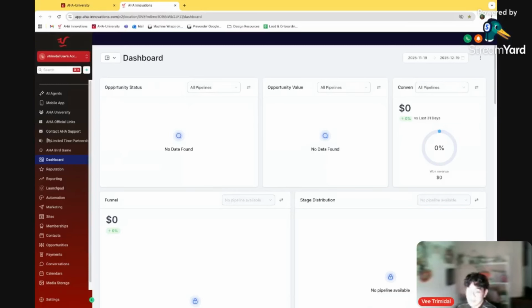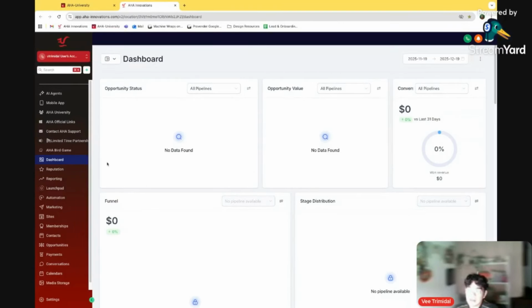Although it's basically just GHL, they made it very accessible and very UI and UX friendly. That's why I highly recommend it not just to my clients, but also to my funnel friends